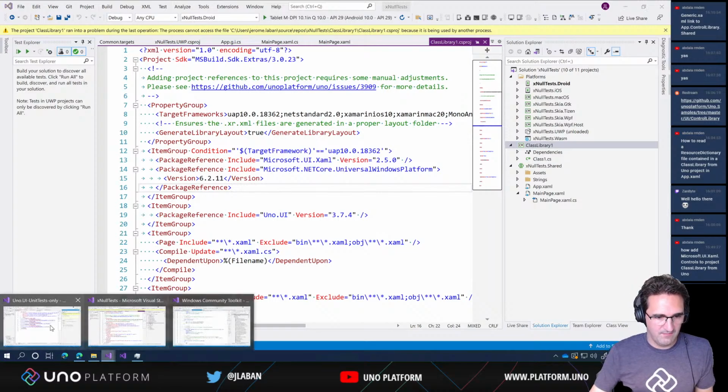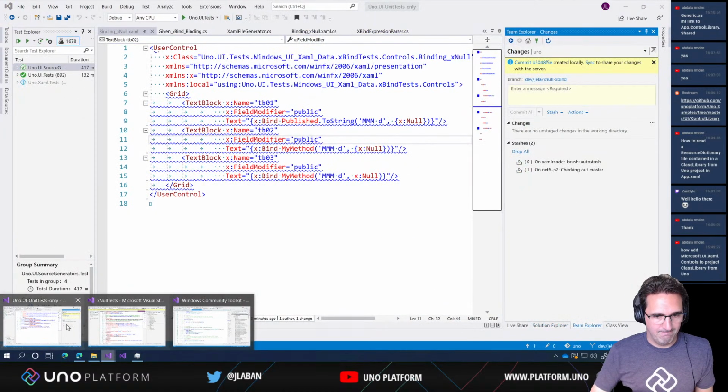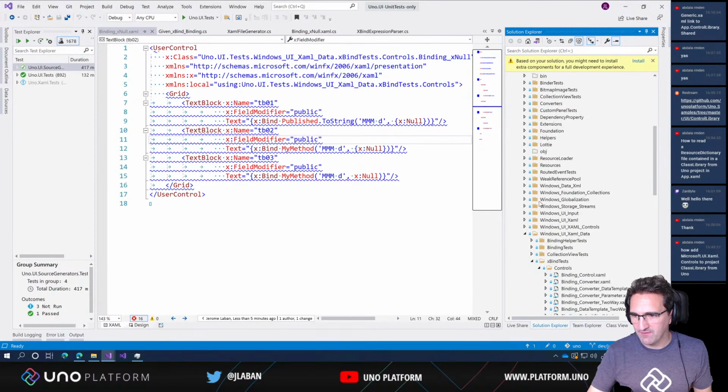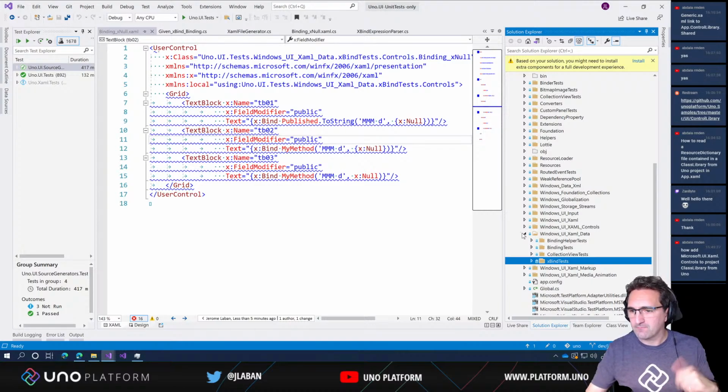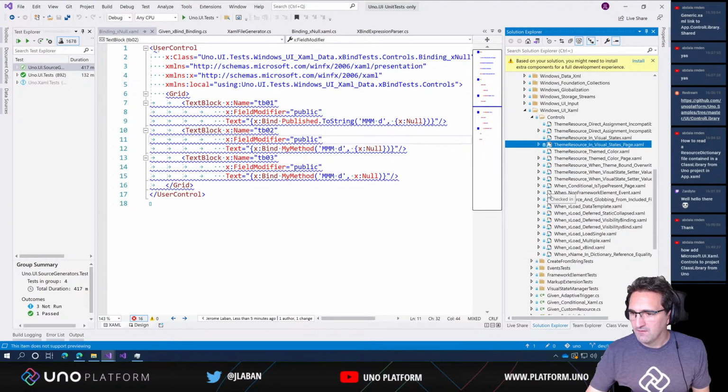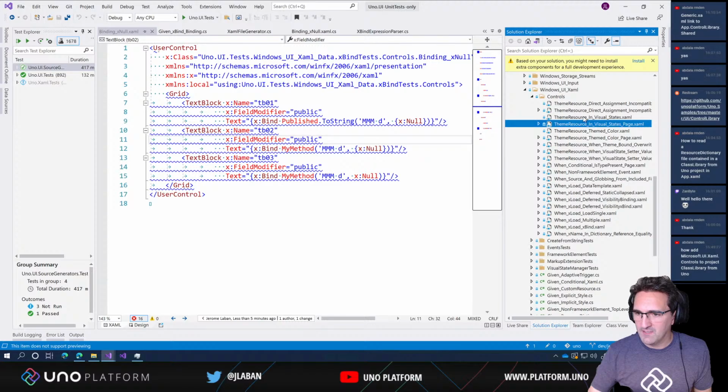Okay, so let's see. We probably make a test there directly inside of the generator somewhere. So we're going to make a simple control. We're going to try to create the conversion directly inside of the